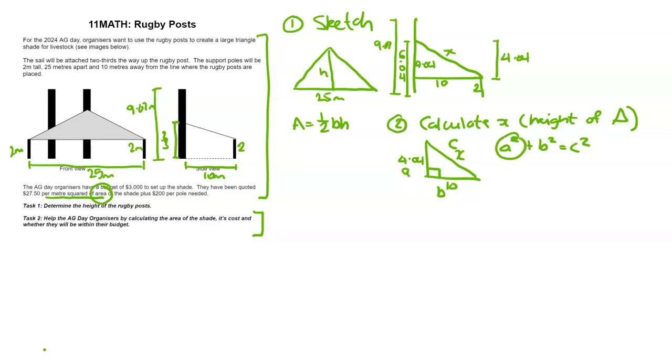So my a squared is going to become 4.04 squared. So there you go, 4.04 squared. My b squared is equal to 10 squared. And then my c squared is going to become x squared. So that's my substitution phase of this question. I'm now going to get a calculator to figure out what 4.04 squared plus 10 squared is, which comes to,